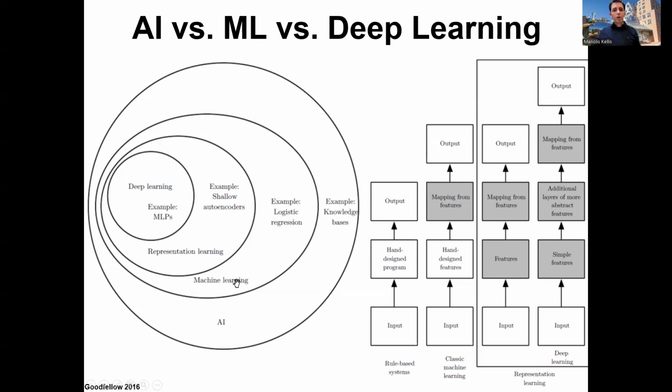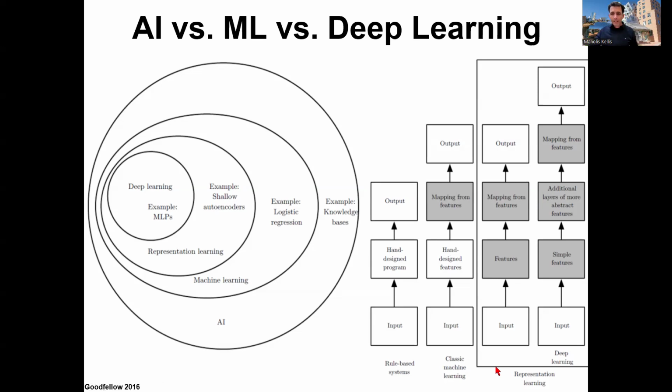Okay. Within that is machine learning. And that's basically when I'm getting better at a task with more data. So for example, AI could be simply: have some input, I have some hand designed program that decides what to do based on that input, and then I have an output. The learning part are the gray boxes here. Okay. With classical machine learning, you basically have designed by hand some features. These are the measurements that you're making. And then you're inferring the parameters with which you weigh these features. And that's the learning part. The more data you have, the better that weighting will be. Everybody with me here?